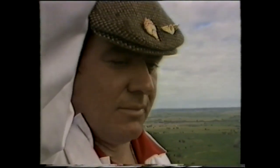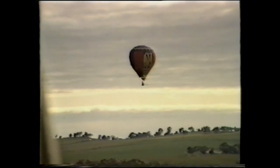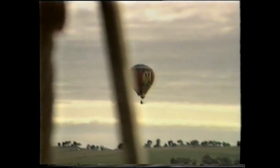One of the things in ballooning, I believe the hallmark of a good balloonist is he has a feel, right, just for the burner. And you've got to be able to judge what's going on. Now, to me, we seem to be coming down quite close to those power lines. One of the things we've got to try and do when we're coming down is to judge the descent rate, but...